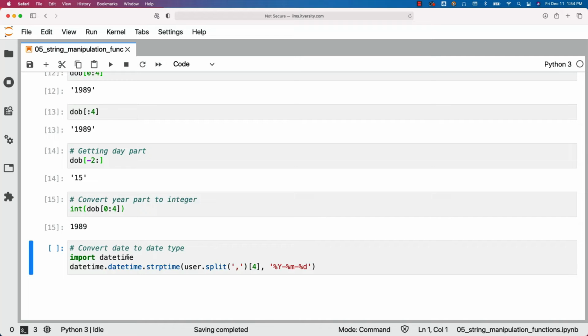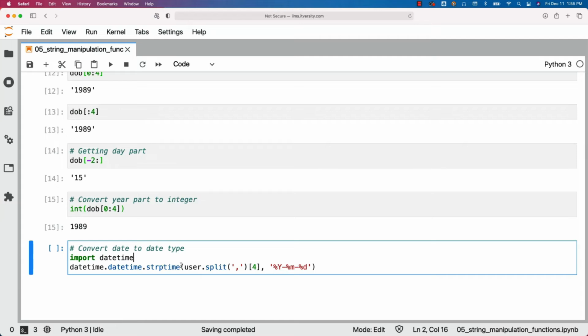You can also convert date to date type. So date is a special type in Python. If you want to convert the date to date type, this is how it will look like. By default, when we split, it actually returns the date in the form of string. If you want to convert to date type, you have to use something called datetime.datetime.strptime. So datetime is the library which is imported. As part of that, there is something called datetime, which is nothing but a class. That class exposes a function called strptime. It takes a string as first argument and the format as the second argument. It will interpret the date in this format